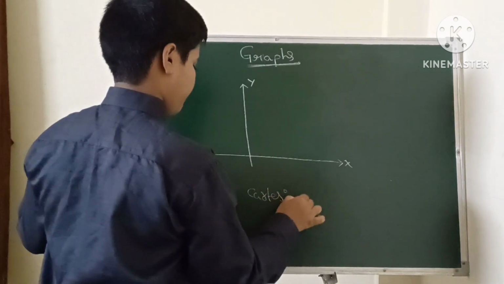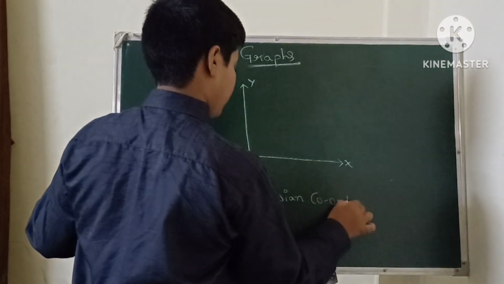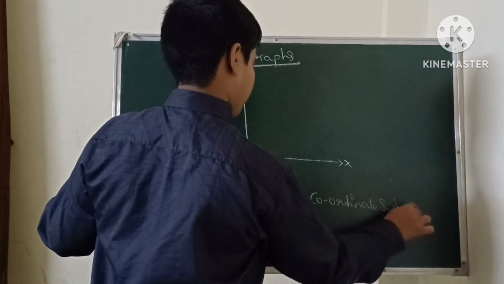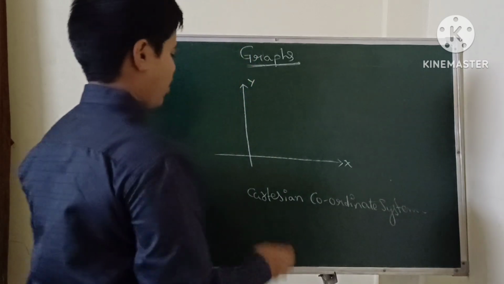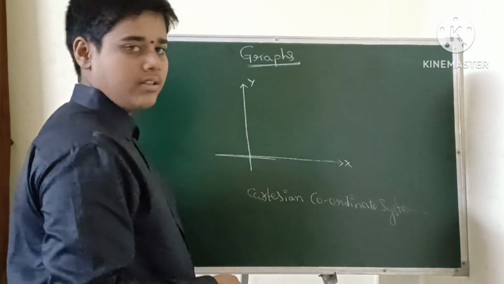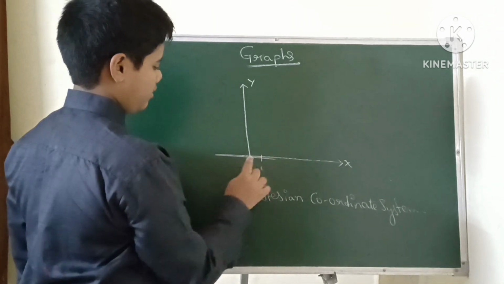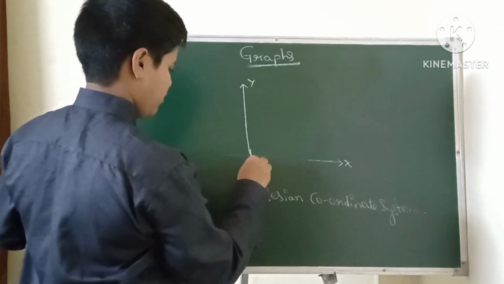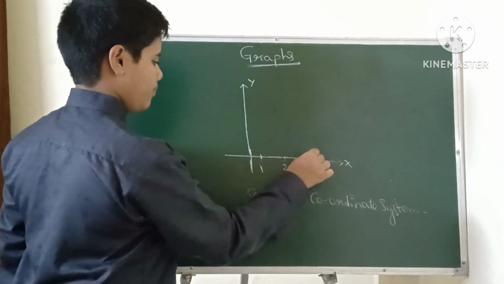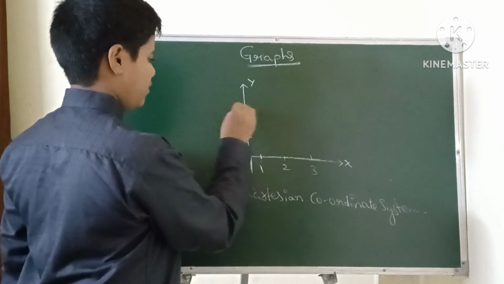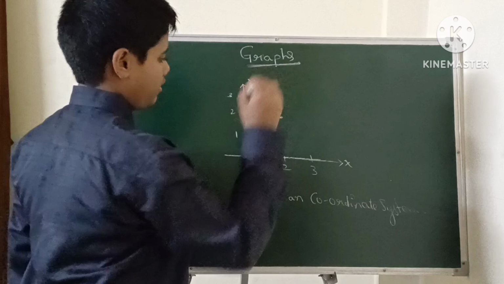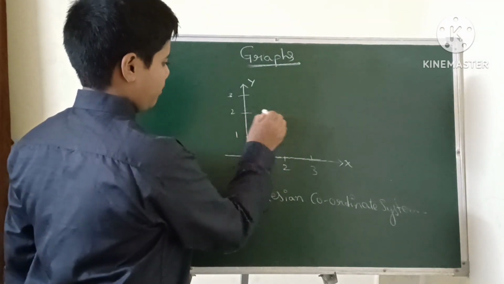Cartesian coordinate system. So this is the x-axis and this is the y-axis. I am representing this 1, 2, 3, and in the y-axis 1, 2, 3. So if I mark here a point, I will say that the measuring of these 2 points is